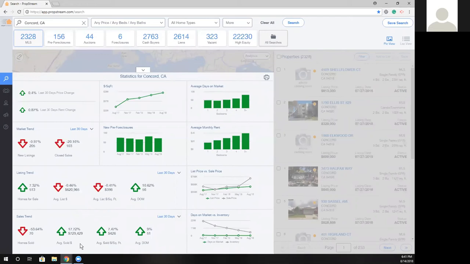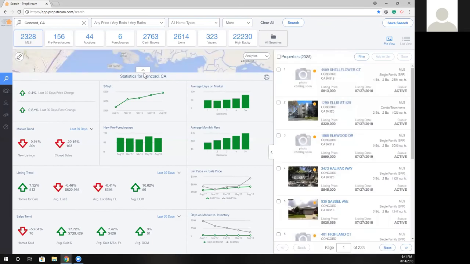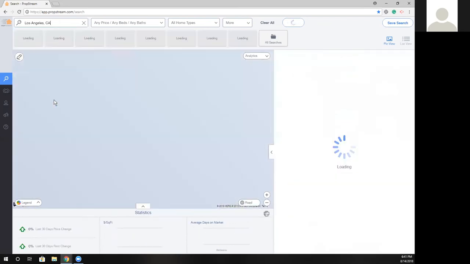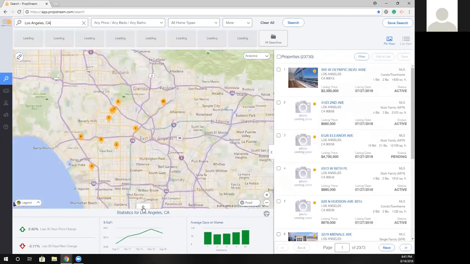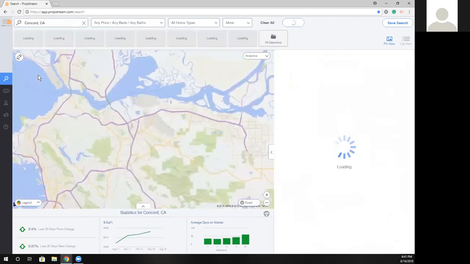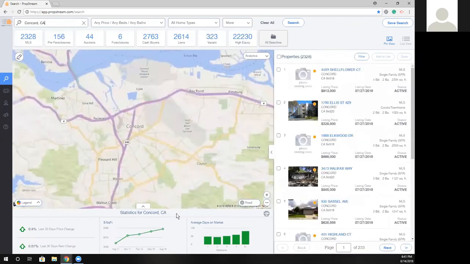If the average price has increased or decreased, price per square footage increase or decrease, and whether the average days on market have increased or decreased. This report, again, is available for any area that you type in. So back to Los Angeles, the statistics will populate for Los Angeles. I'm able to get a visualization of that market. So that will occur when you're typing in, again, zip codes, city, or a specific address.